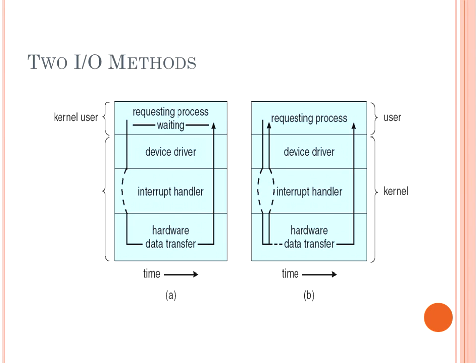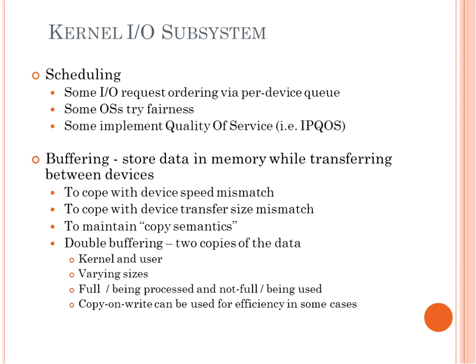Again, different types of input-output methods. Something, again, for you then to look at and know between the kernel and the user and system calls. We did discuss this already, I believe, in Chapter 1 and Chapter 2, so some of this should be familiar with it. Again, it's just a little bit more specific when it comes to hardware. So you can review the information that you had then and look at it now. Kernel input-output subsystem scheduling.